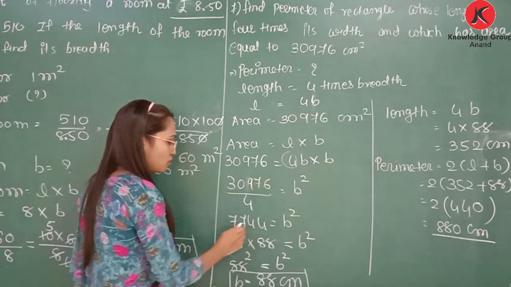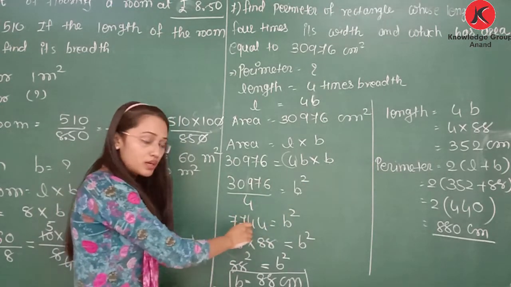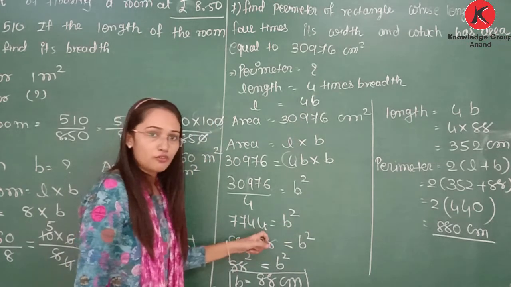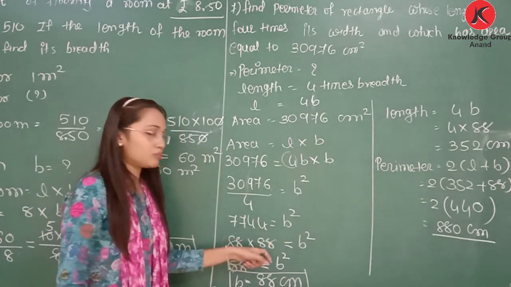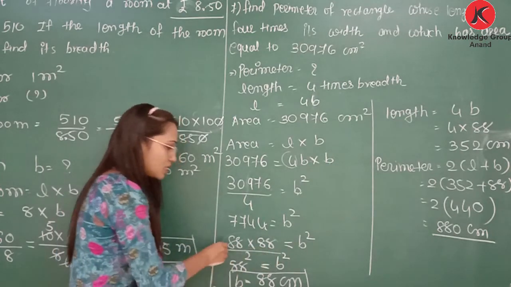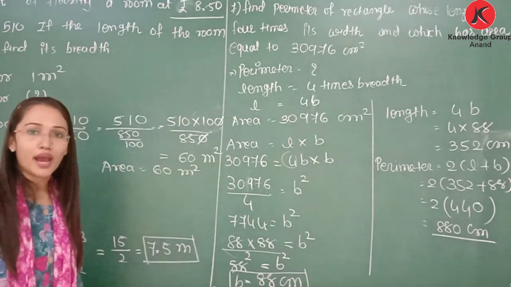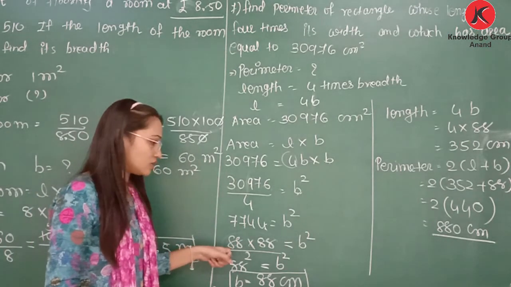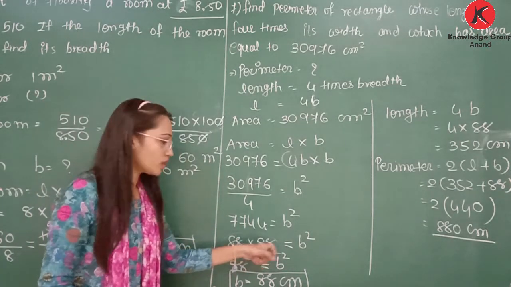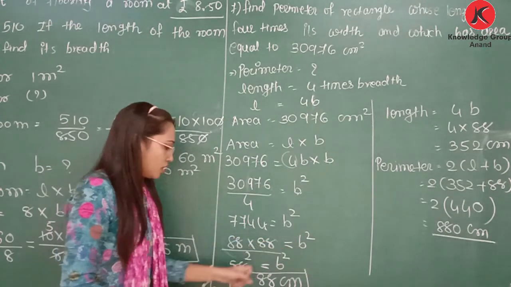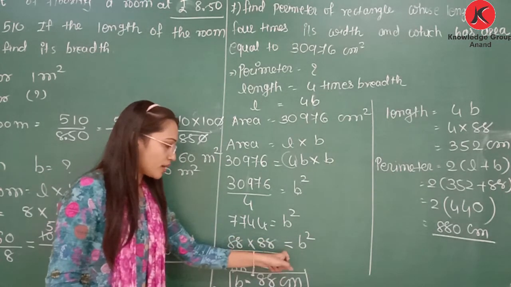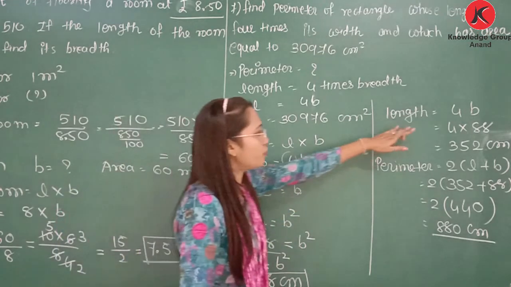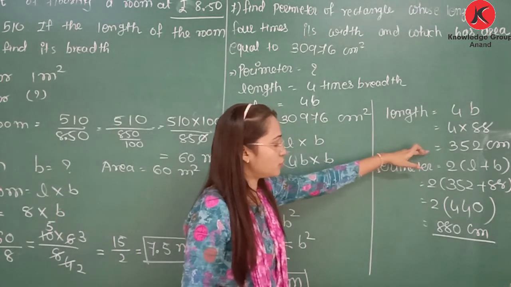Now divide this, you will get 7,744 is equal to B square. But 7,744 is what? 88 multiplied by 88. How can we find this? Find the prime factors for this. So you will get the answer, 88 multiplied by 88. That is B square. 88 square is equal to B square, that's why B is equal to 88. But length is 4 times B, so length is 352. Now use